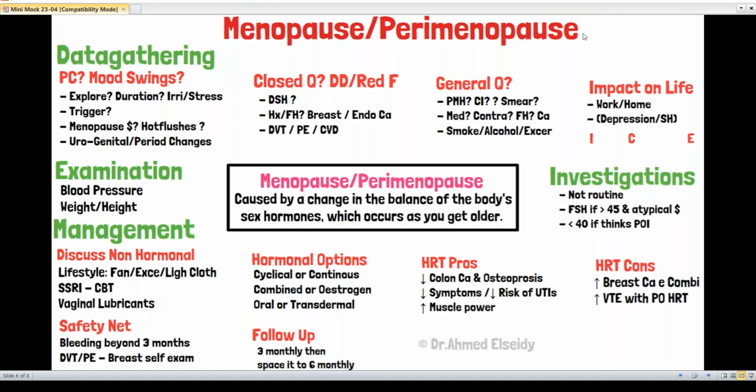Let me give you the whole options, and you can use the mind map for 100% of menopause cases, because it can go any way. The first one: we have non-hormonal options that can help with your symptoms, Amy. For example, there are lifestyle changes you can try yourself. Maybe using a fan can help with the hot flashes and sweating, wearing light clothes, making sure to have good ventilation at home, and doing some exercise. What do you think about that? Will you be happy to try that? Yes, Dr. I can print a leaflet for you about that as well. Will that be helpful? Yes, Dr.